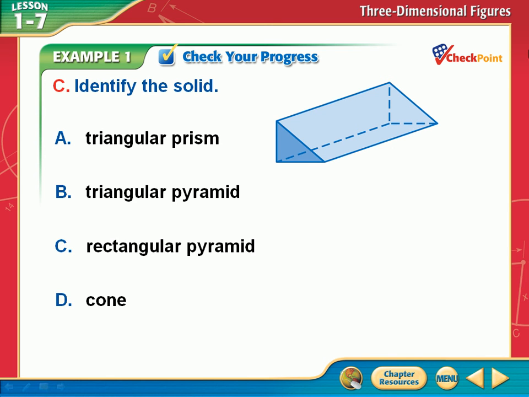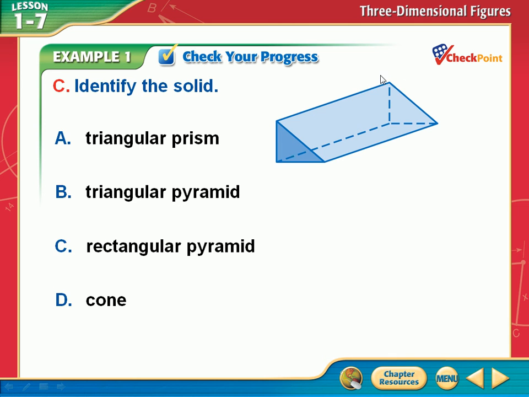Well, it looks like it's sitting on a rectangle, doesn't it? But do the sides go straight up, and do they all go to one point? No. So really, it looks like it's sitting on this right here, but remember that other thing we did? Think of it as standing it up on end, because it's got two bases. This is a base right here, and this is a base right here. Do you see that? Just because it's not sitting on it doesn't mean it's not the base. So this is a base, and this is a base.